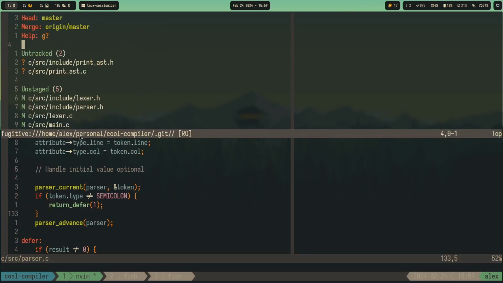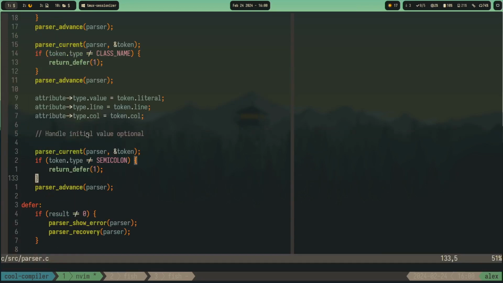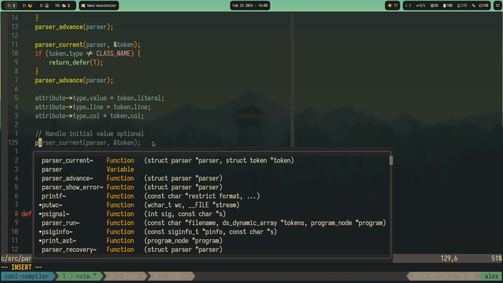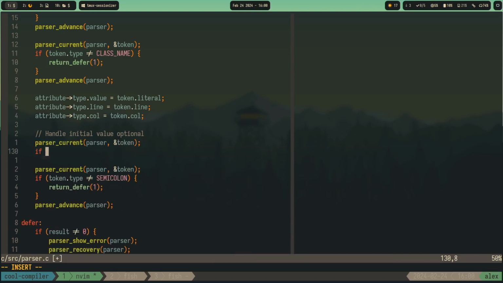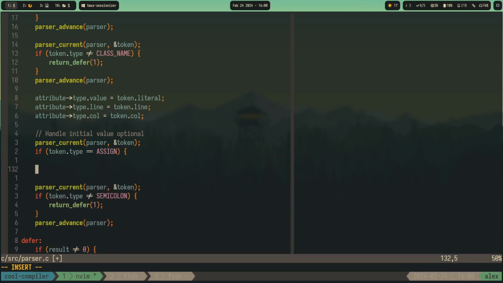Let's do a commit first. Here we have the optional initializing, right? So that's like parser, we take the current one. If the token type is assign, if we encounter an assign,